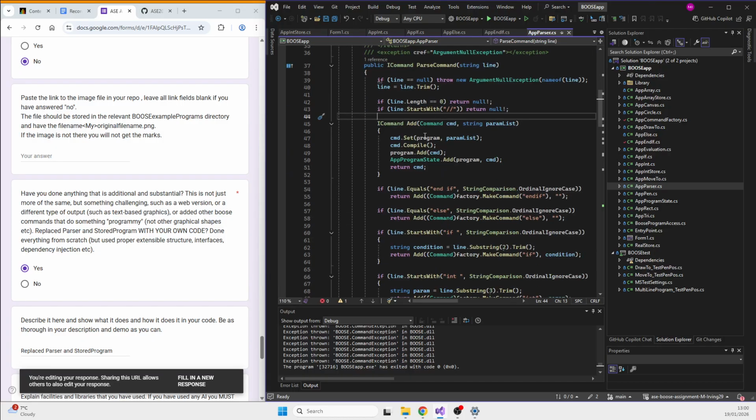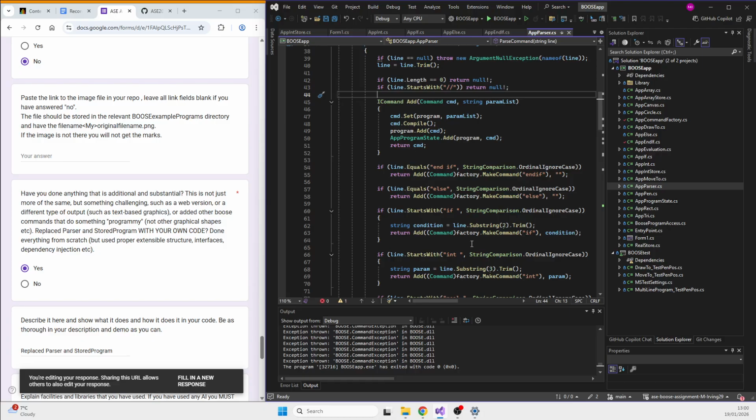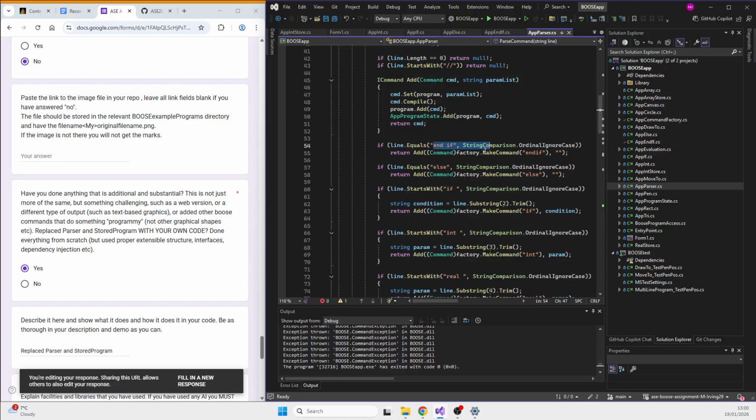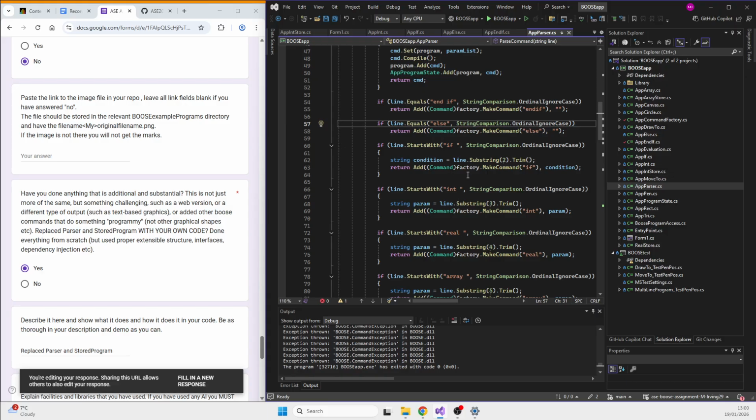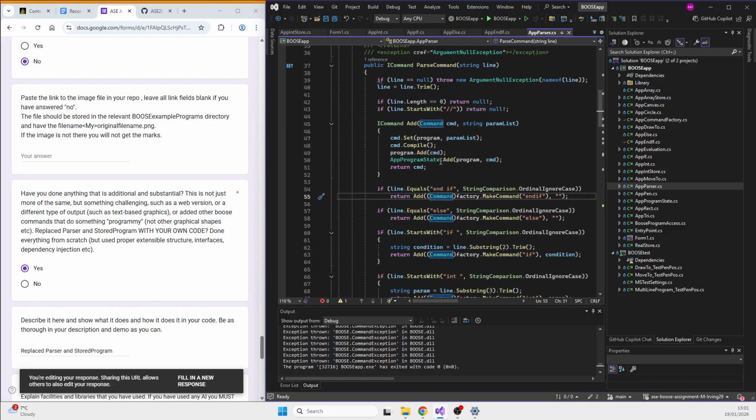But here is the kind of parsing element, I guess. It would be a lot more impressive if I had all of these working, but I don't. The if I got working, so this is a little more relevant than these, but it goes through, reads it, identifies the commands, and creates the command. So you can see here, it compiles, adds it, adds the state, and returns the command.